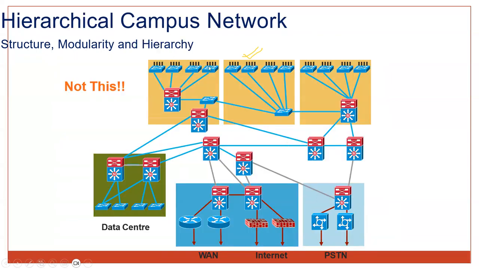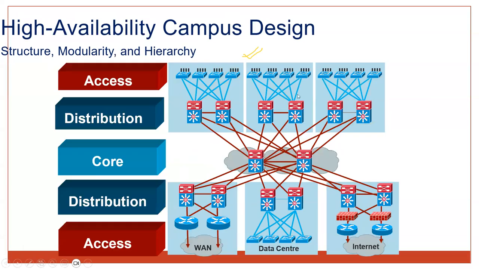So we should not design the network like this. We should design the network in a fashion that it is well defined. In this network, there is one more advantage. Suppose your core devices are lacking bandwidth. That means all of a sudden the business has grown and you need more bandwidth, more port capability. So in a better designed network, you simply put one more box here, and then